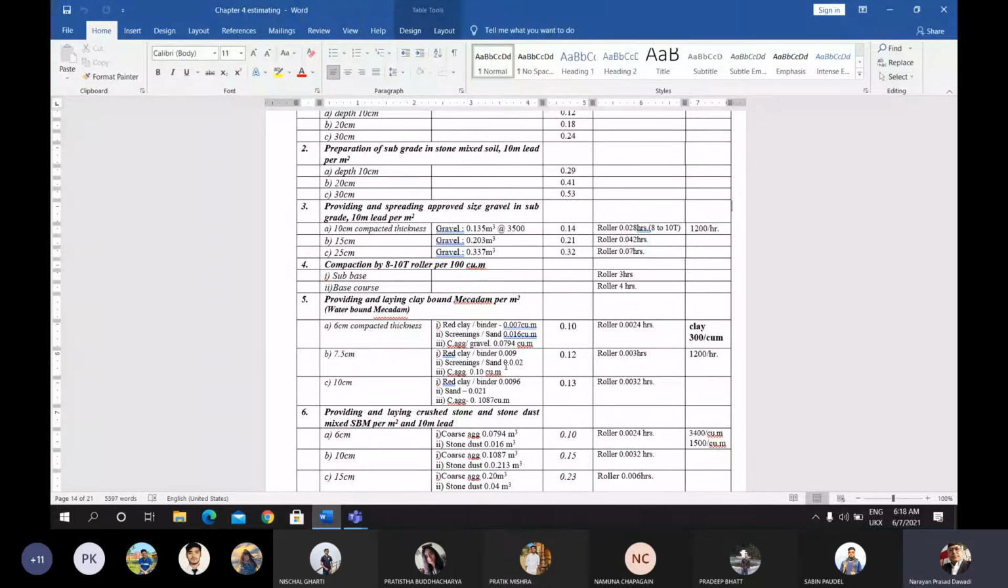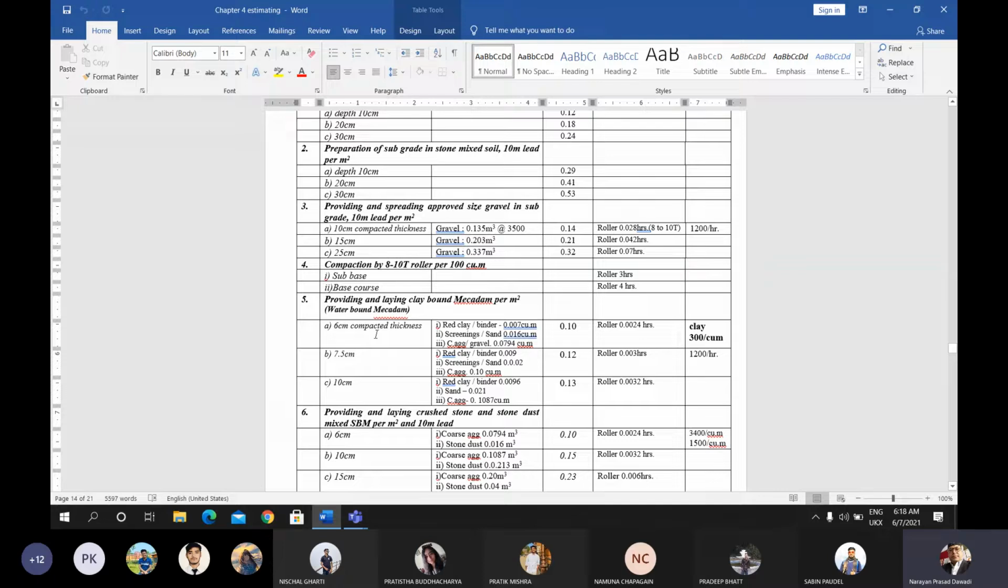Okay, I have not done the rate analysis here. I provide you only the data of the material, labors, and the equipment only. Do it by yourself for the 6 centimeter compacted thickness. If in the examination the compacted thickness is not mentioned, then you can take either 6 centimeter,